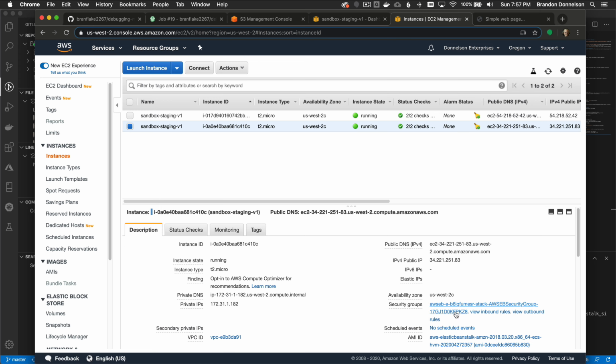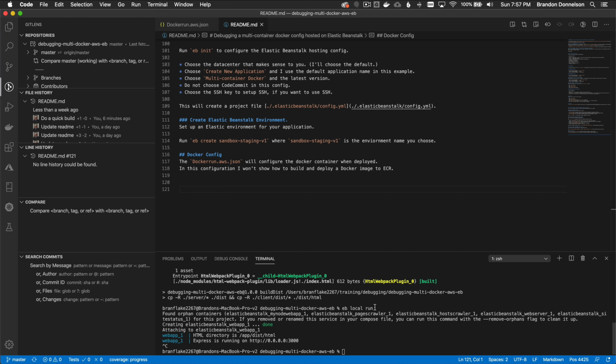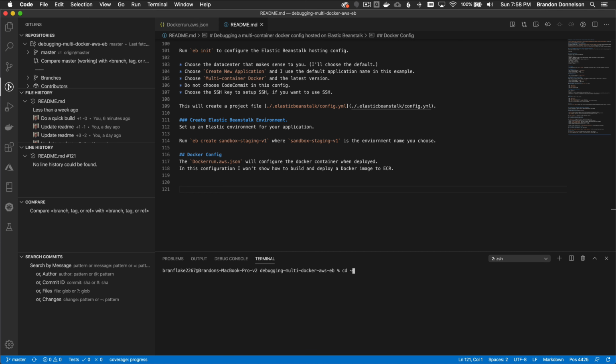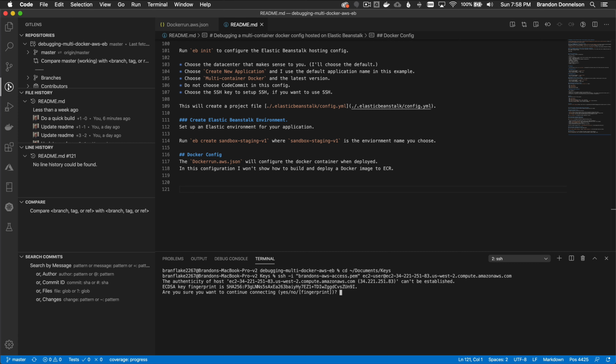So I'm going to close, and I want to go back to my terminal, and I'll use the terminal in my VS Code environment. So what I want to do is open up a new console, and I'm going to go into my keys directory. And what I want to do is paste in that command I copied. And the reason why I'm in my keys directory is I have my private key to log on to the server there. So then I'm going to hit enter, and I'll say yes because I want to accept that fingerprint,